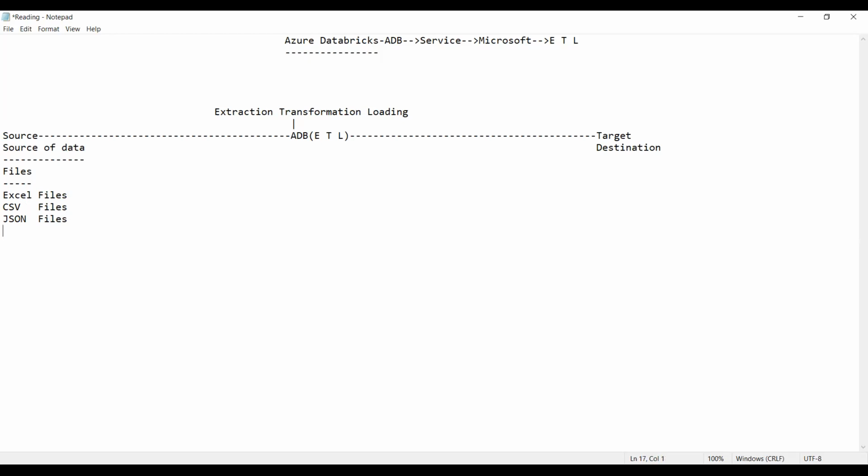Then we can have XML files. All of you, am I audible, guys? XML files. Then we can have HTML files.